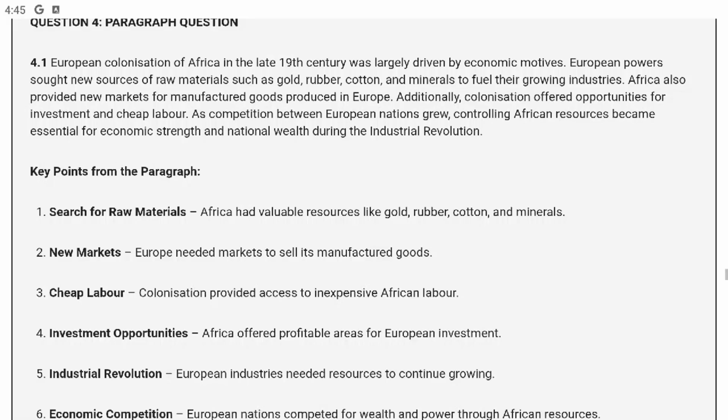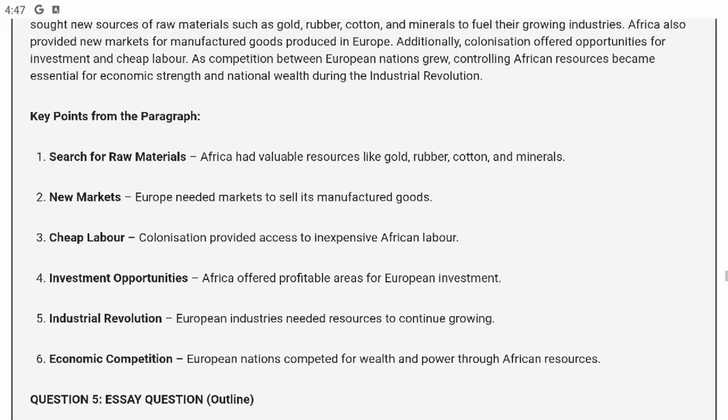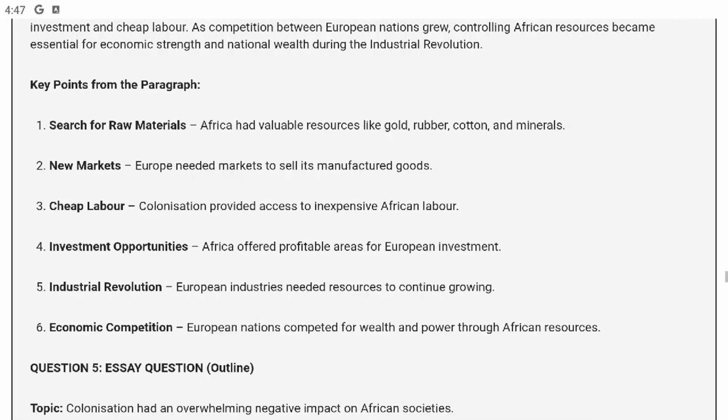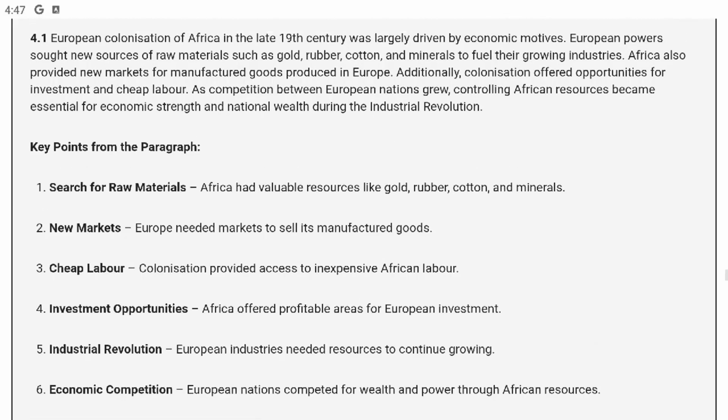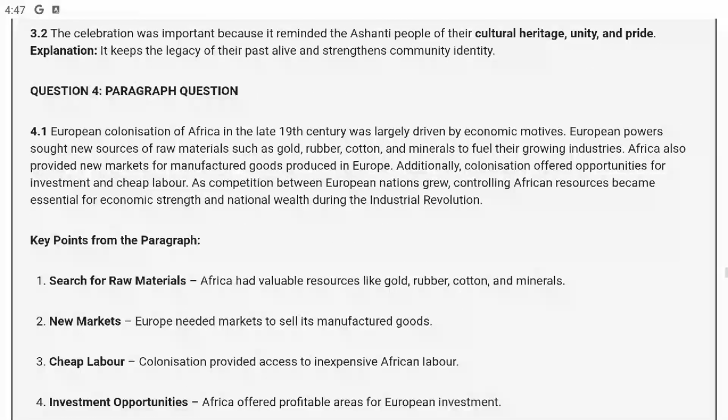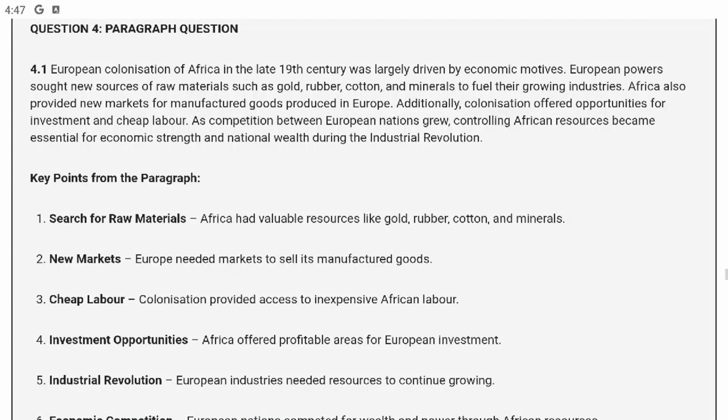Okay. Another point should talk about the industrial revolution. So European industries needed resources to continue growing, right? And the other point should include economic competition. European nations competed for wealth and power through African resources. That's true. Okay. So when you write your paragraph, it need not be exactly the way it looks here, but